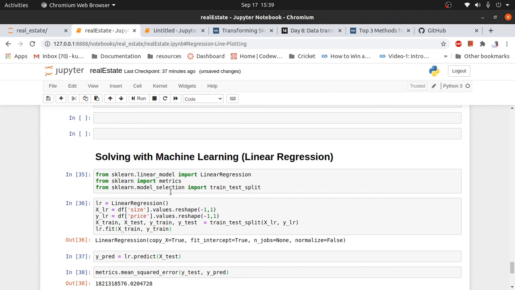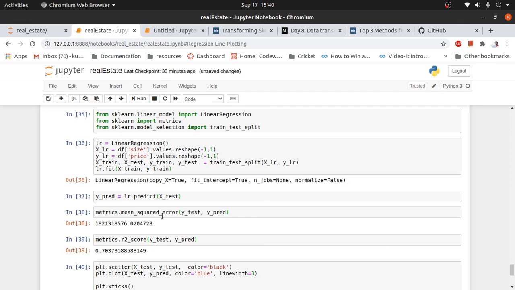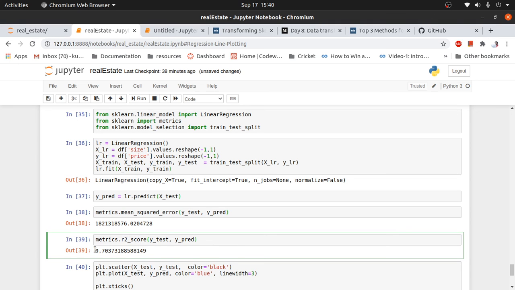We import LinearRegression from sklearn.linear_model, metrics for some calculations, and model selection from sklearn to split the dataset into train and test. The mean squared error is this much, and the R squared score is this much. So we can say 70% of the variation can be predicted with our model.